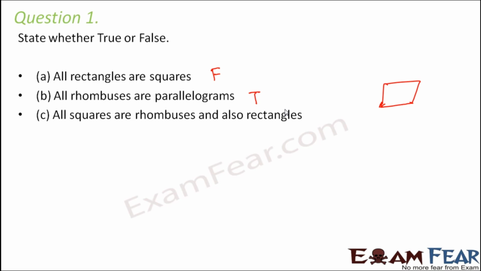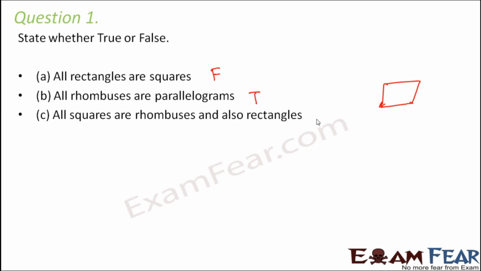Now you might say, but in a rhombus all angles are not equal. But a rhombus never says that if the angles are equal, then it will not be a rhombus. That's not the case. In a rhombus, even if the angles are not equal, if the angles are also equal, then it will become a square. But if the angles are not equal, then it becomes a rhombus. So basically all squares are rhombuses, but all rhombuses are not squares. Similarly, all squares are rectangles, because a square is again a special case of a rectangle where all sides are equal. But again, all rectangles are not squares.